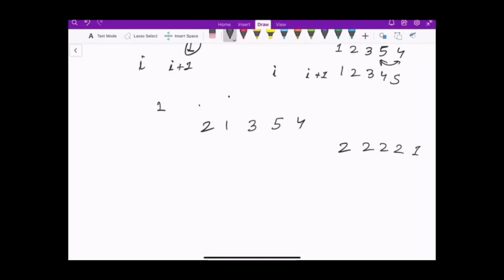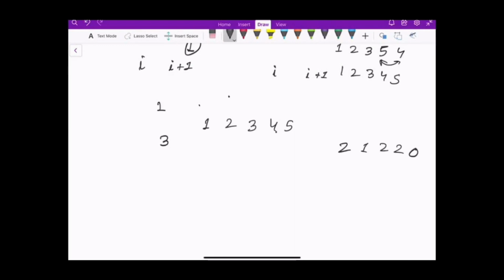Similarly, we'll swap 5 and 4. So 5 will move to the end of the array, and 5 will now have 0 coins. Now for 4 and 3, the elements are intact, so we have them at the correct positions. For 2, we will actually swap it because we want to move it to the next position. So we will swap 2 and 1. So this will be 1 and this will be 2, and the coins of 2 will decrease by 1. So our final answer will be 3.